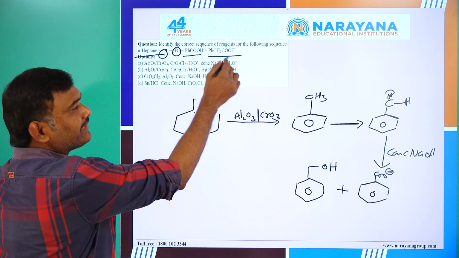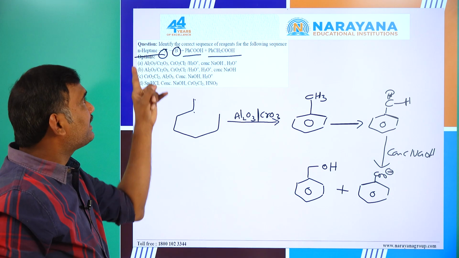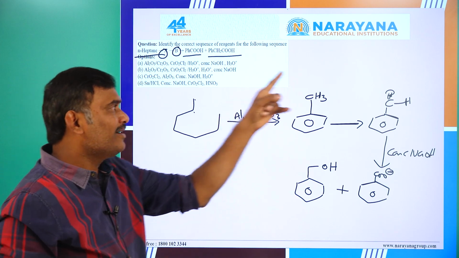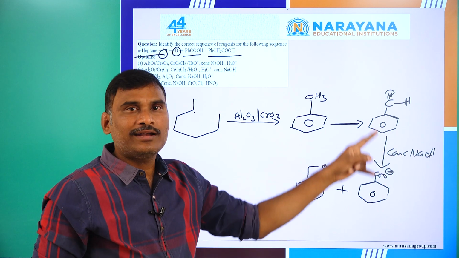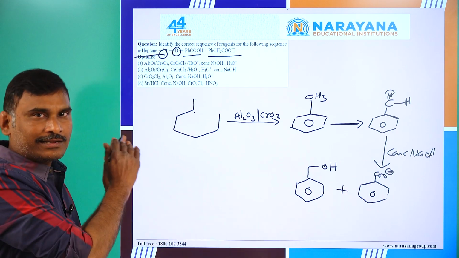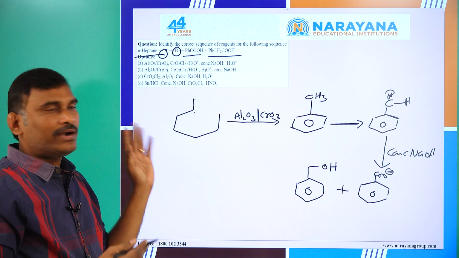That means whatever they have given, we can get by first aromatization, followed by oxidation of the toluene to benzaldehyde, followed by the Cannizzaro reaction. These are completely based on NCERT modules. Yes or no,